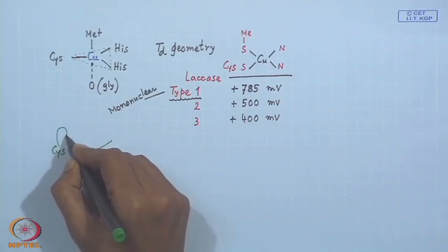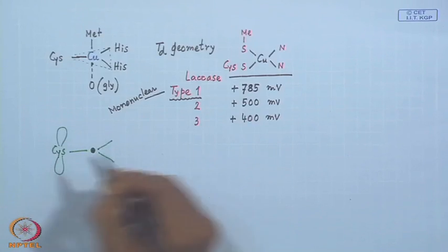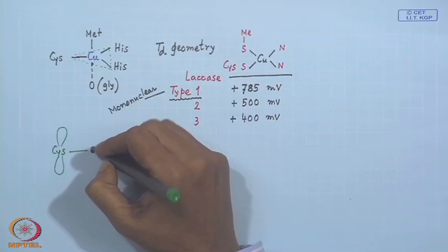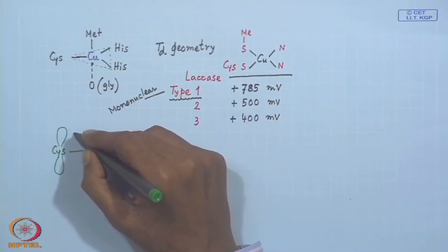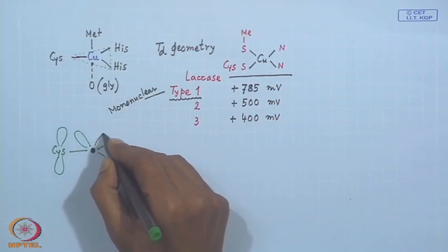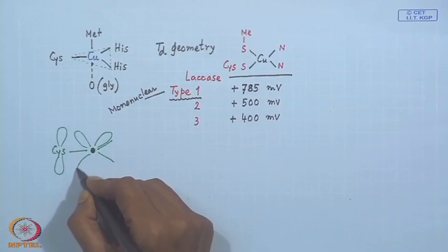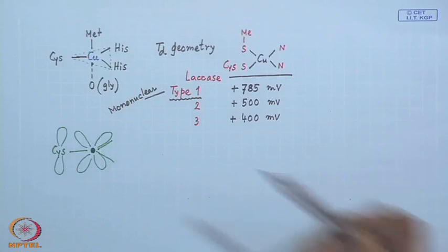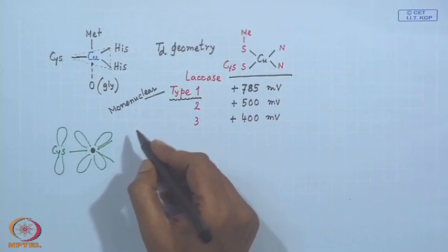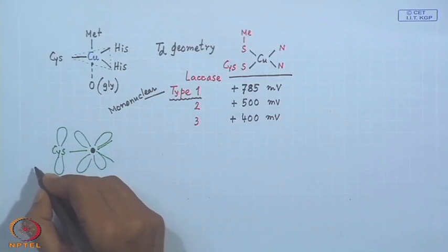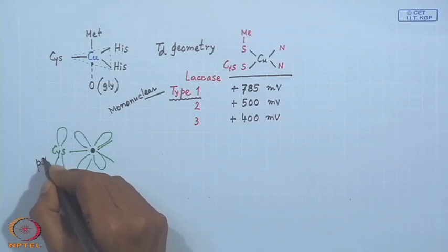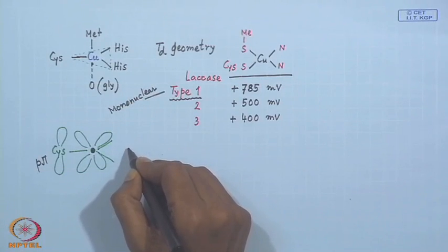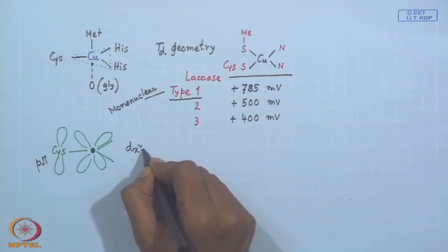So, if you have a typical orbital over cysteine sulfur and the corresponding one for copper, you have a particular type of covalence generated from that p pi of cysteine sulfur, which is hybridizing with your copper d x square minus y